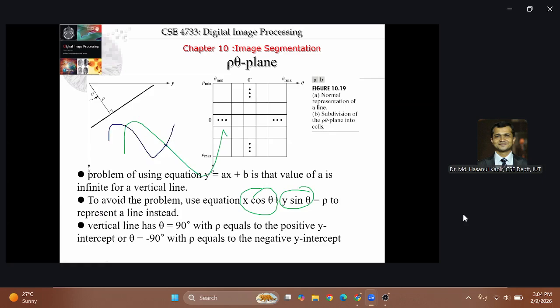at some common points. So again, the main concept is the same. We simply look for intersection points. Let's say we have 50 points on this line, so all these periodic curves will intersect at a common point. And if you keep on voting, the point with a certain threshold of votes, if you set a threshold value, that is the line you are looking for. Okay. So now let's move to